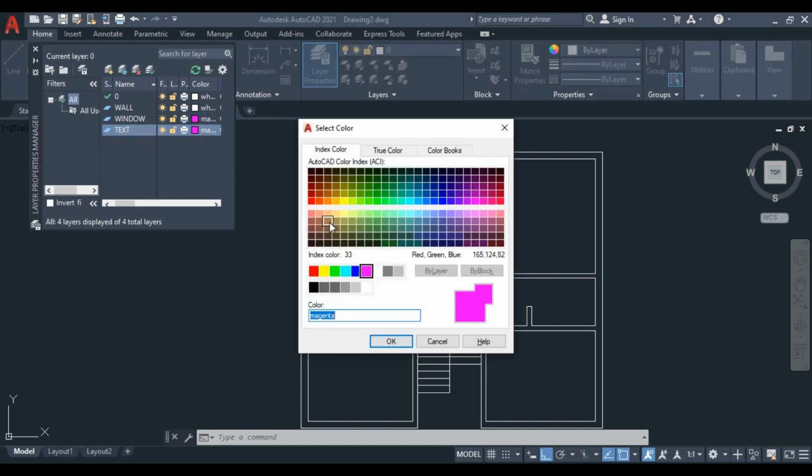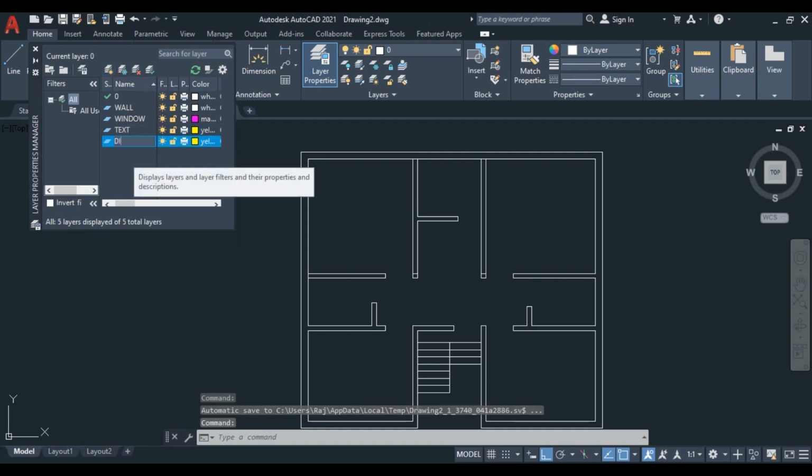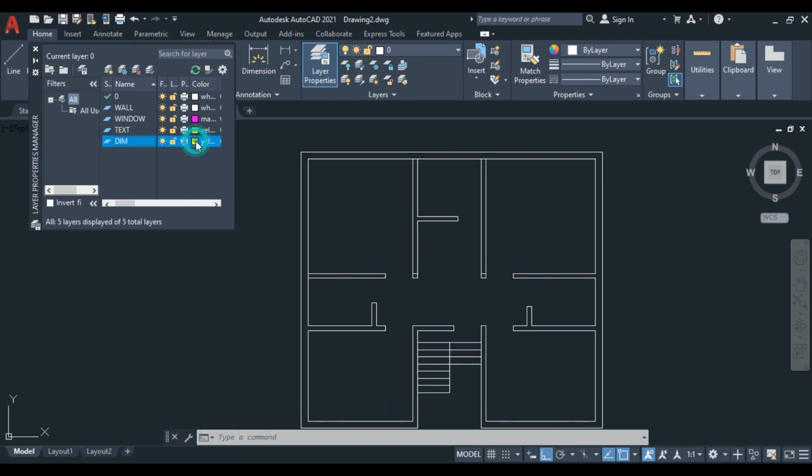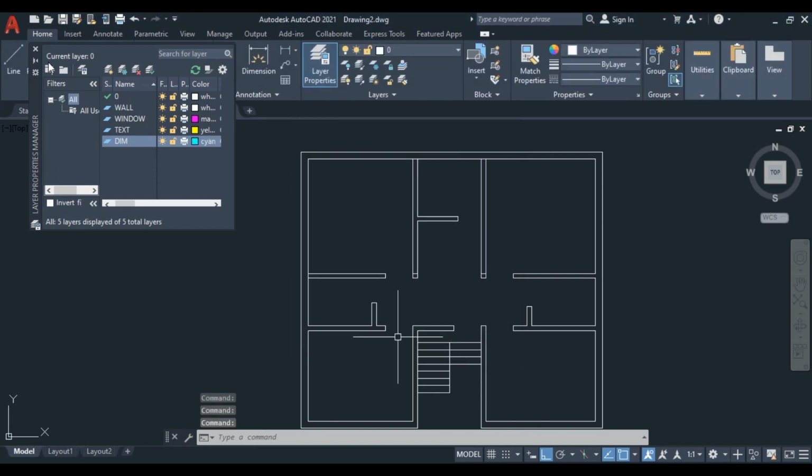I give it whatever you want, just give the color. I just choose yellow, and okay. You can also choose for the dimension. Make a new layer for dimension. I just write the shortcut DIM and choose any random color. I choose this. Okay,